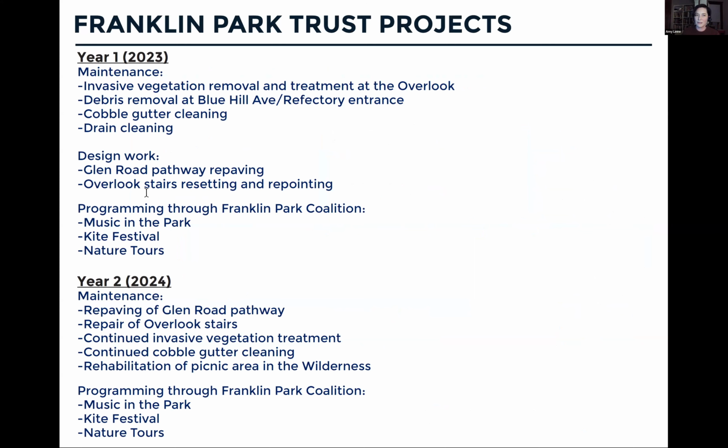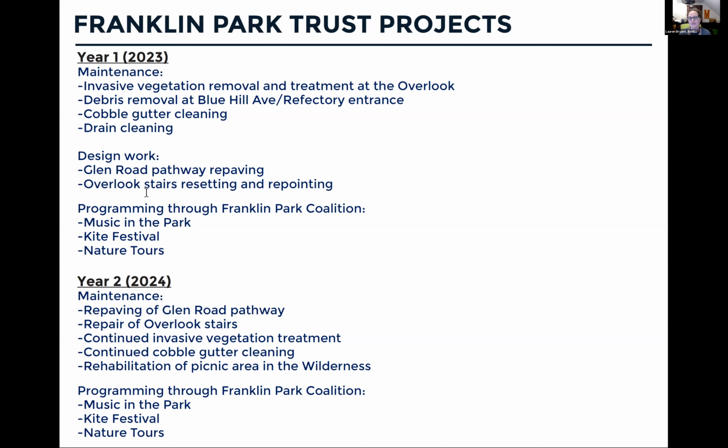So Lauren is now going to go over some updates on work that has happened since the Franklin Park Action Plan. So I'll turn it over to Lauren. Thank you. Thanks, Amy. And it's nice to see so many community members that I know from the action plan on here. Wanted to just give everybody a little bit of an update about what the Parks Department has been working on since the action plan.